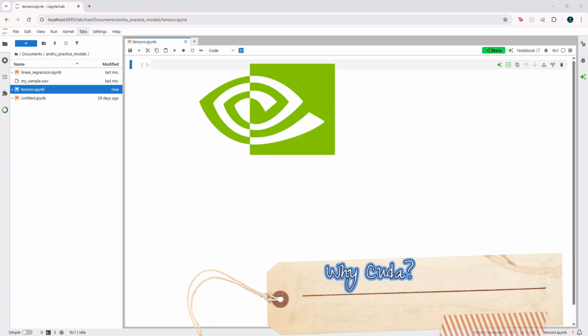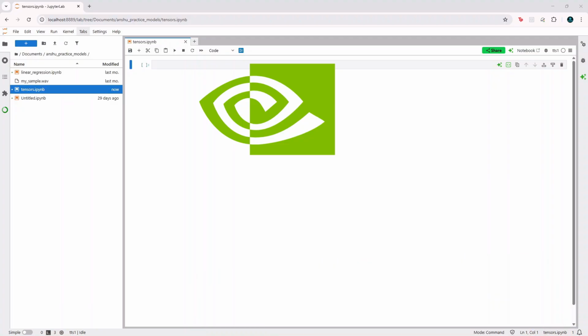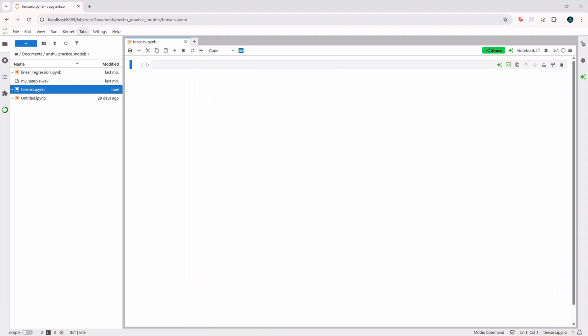CUDA is NVIDIA's parallel computing platform that allows PyTorch to run deep learning operations on GPU rather than CPU. This massively speeds up the model training process. Without it, everything runs on your CPU, which can be 10 to 50 times slower for deep learning tasks. So if you already have an NVIDIA GPU in your machine, you can check that from the command line or